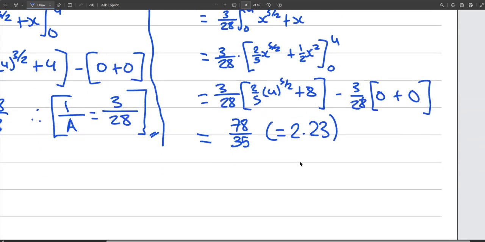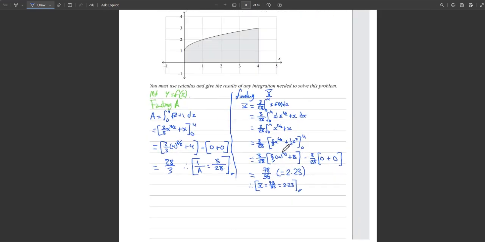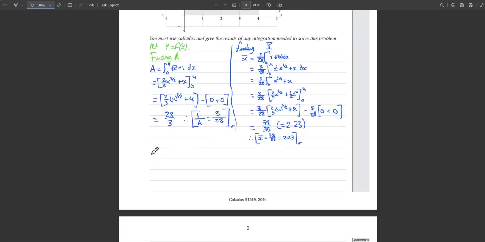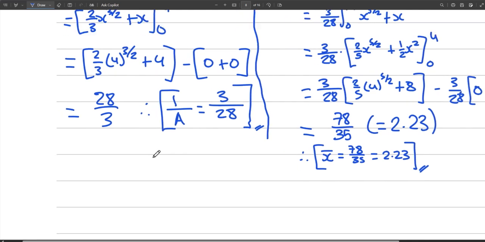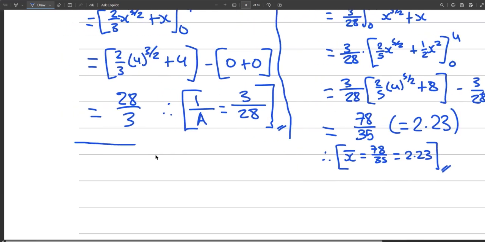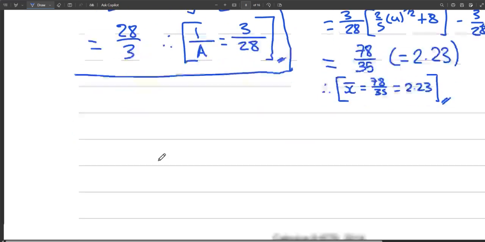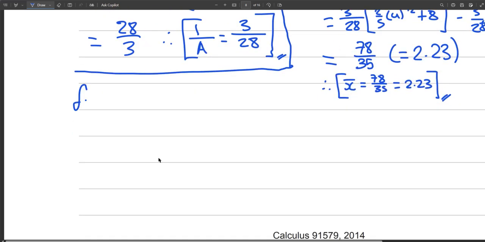So I'll just write a statement. Therefore, x bar is 78 on 35, which is equal to 2.23. I should just box that. Nice. Cool. Okay, now let's find y bar. I'll box this once again nicely, and we're at finding